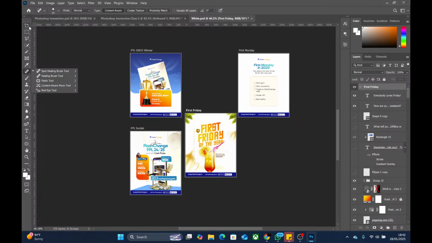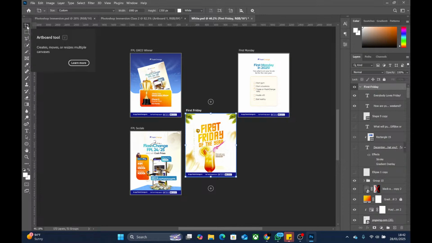The second thing is that once you hover your mouse on any icon, if you just put your mouse on it, you don't click, you don't do anything, Photoshop is smart enough to tell you the function of that tool. So right now, I move my mouse out, I bring it back to the tool, and then I leave the mouse. I will not click anything. Then it will pop up this guide. It will say the name of the tool. Beside it, you will see that little box that contains a letter on the keyboard. That letter on the keyboard is the shortcut to that tool.